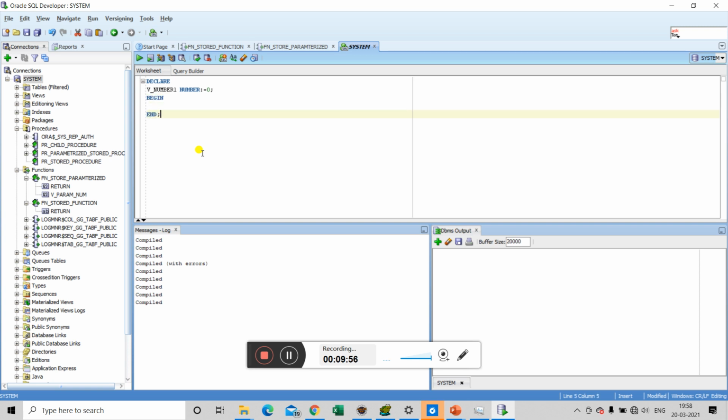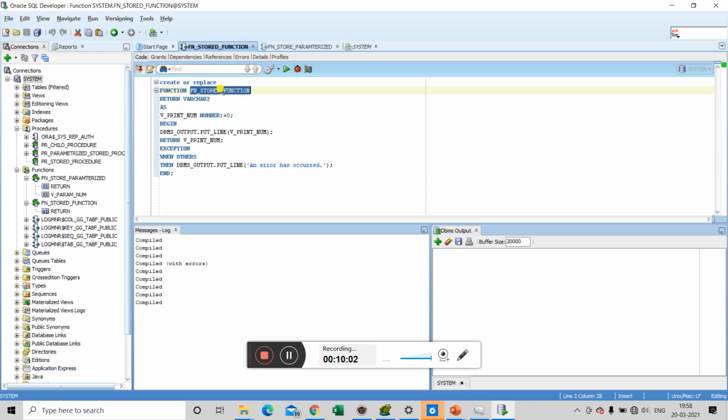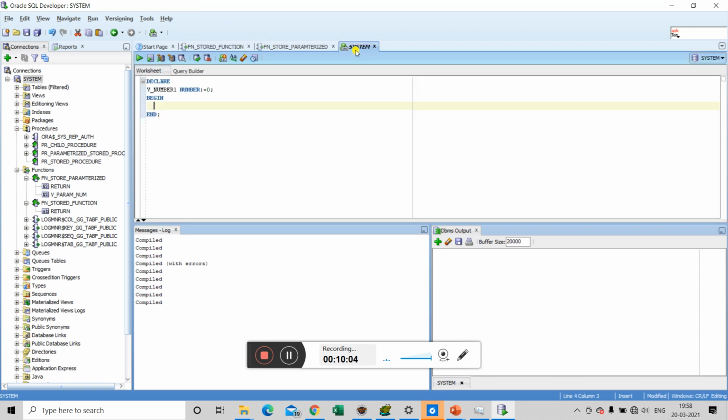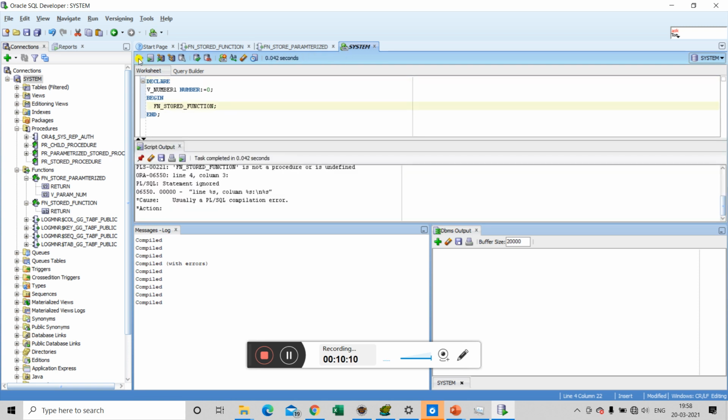In this execution block, we will be calling our stored function. First we will call the normal stored function that does not take any argument. When we run this anonymous block, it says that fn stored function is not a procedure or is undefined.